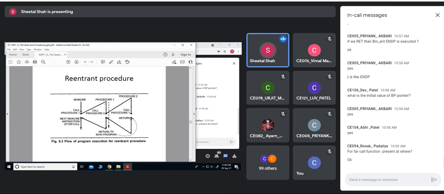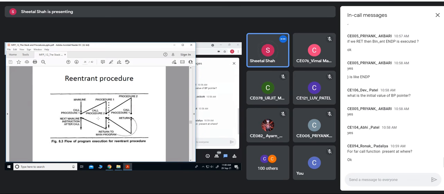Now, when it re-enters, all the register values or parameters would already have been pushed. Or else what happens? If it calls this procedure 1 once again, it may change the current values of all those registers. So if they are pushed into the stack, then while it re-enters procedure 1 and executes it once again, the earlier status of procedure 1 is not affected. Are you getting this? Such procedures are known as reentrant procedures.